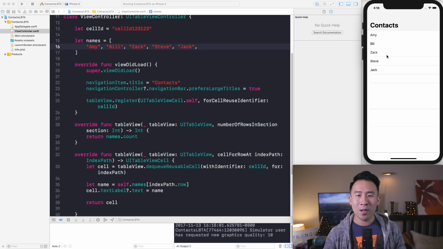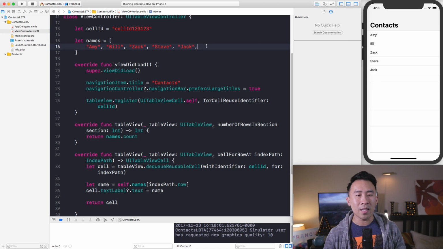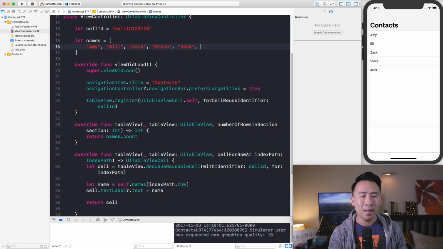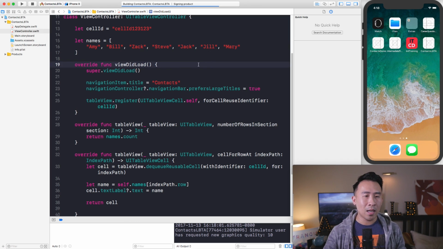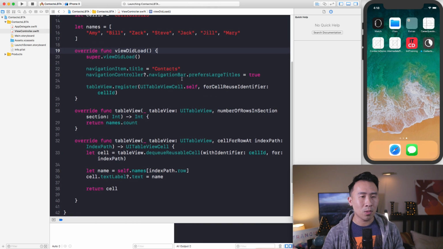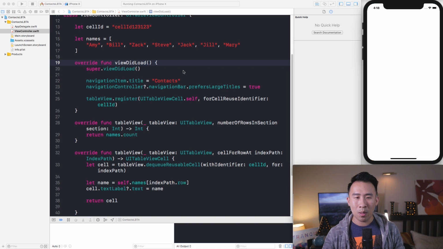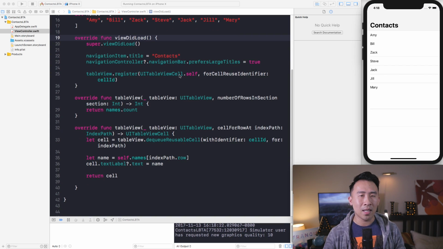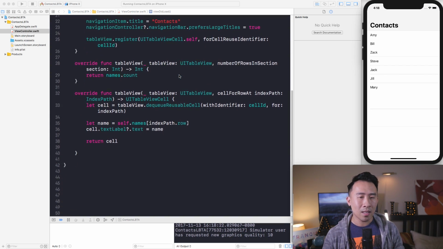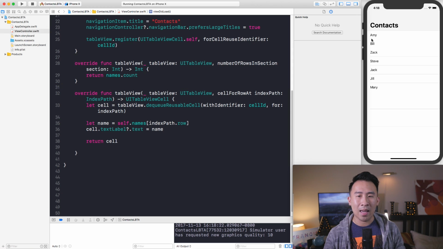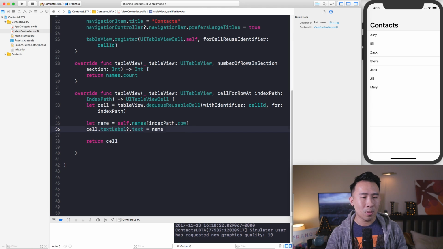All right, now so far our list over here has been pretty easy and pretty straightforward to construct, right? And we can also add in as many names in here as we really wanted to, and our list will behave just fine. So let me just rerun it. And I would like to show you how to create sections now, but before I do that, it's much easier to understand how all of this works if you actually add in the index path next to the name over here. So what I mean is I would like to say